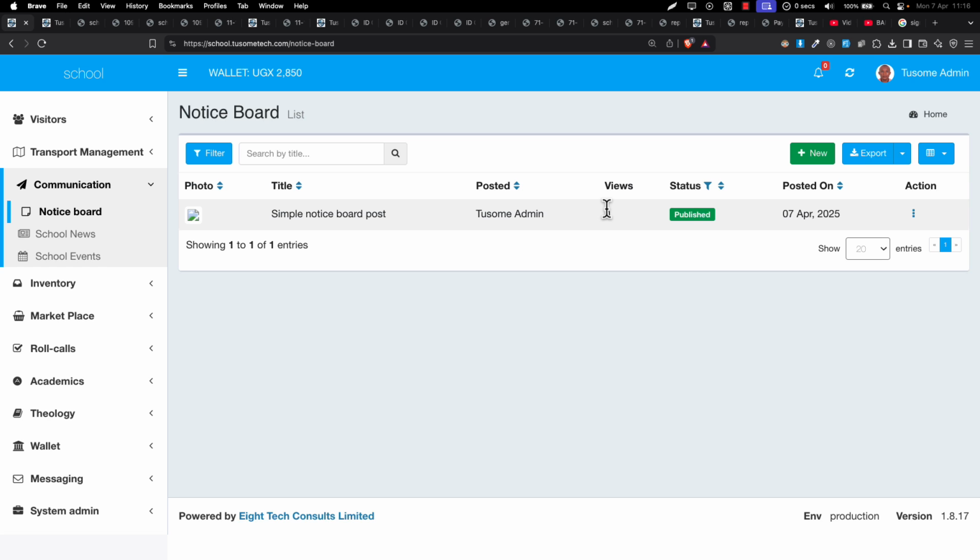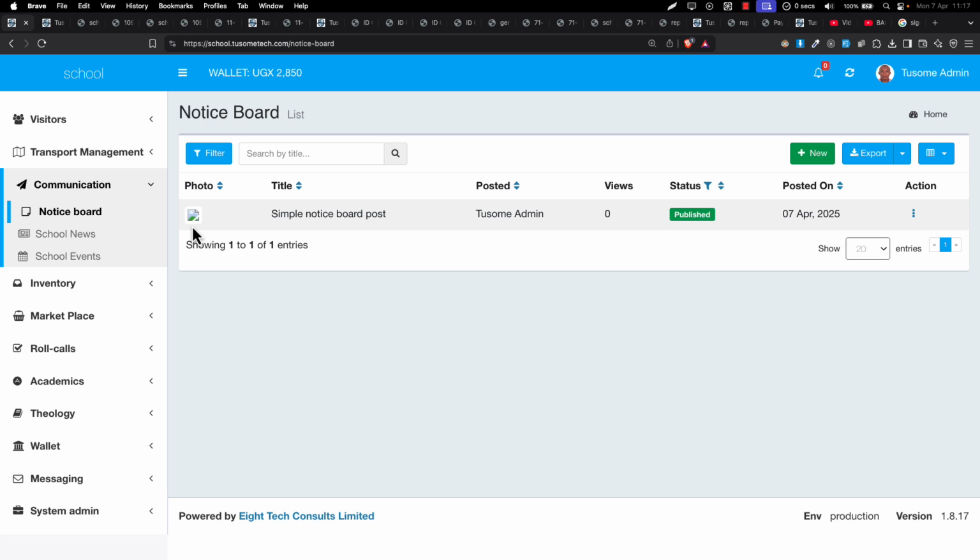Everything that you post, if I click on it, I can see the details with the bolding and the rest. So everything that you post here will appear in the mobile app if you have marked it as published. And this can help you to keep the parents of the school updated of what is going on in school or what you're planning to do in school. Assume that you put all the school calendar here, so the parents can be on the app while they are following